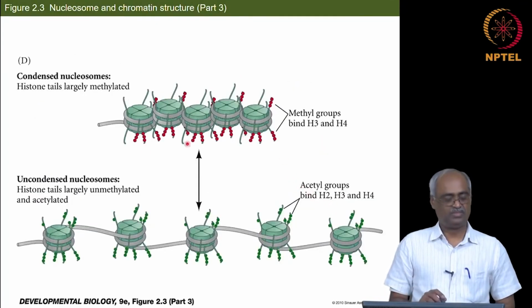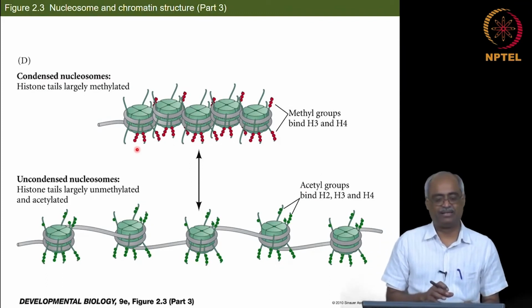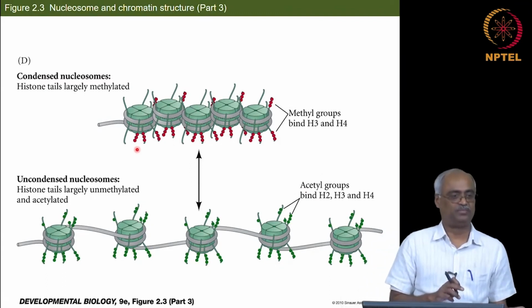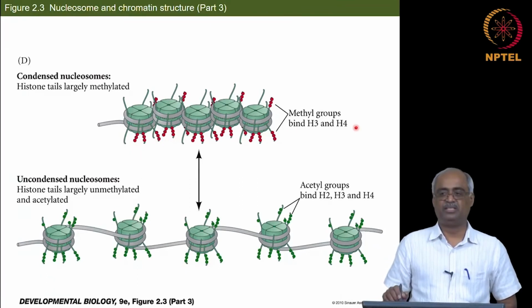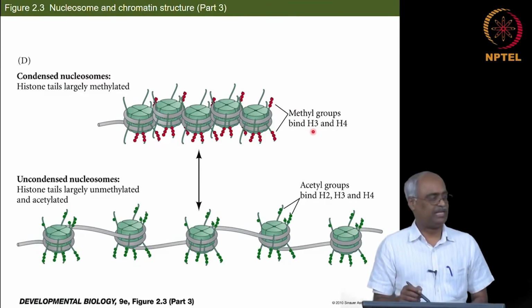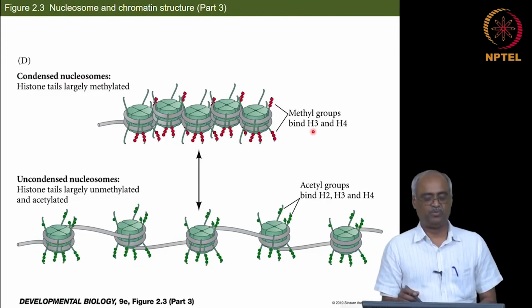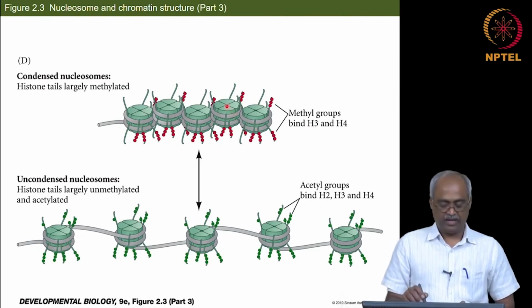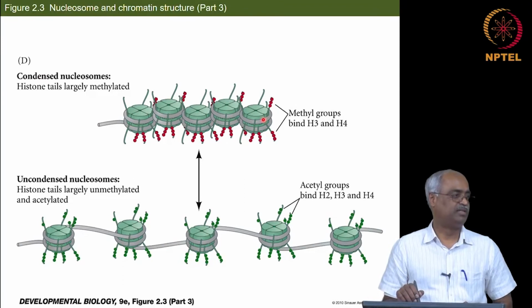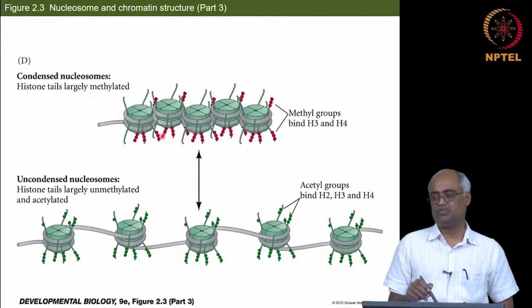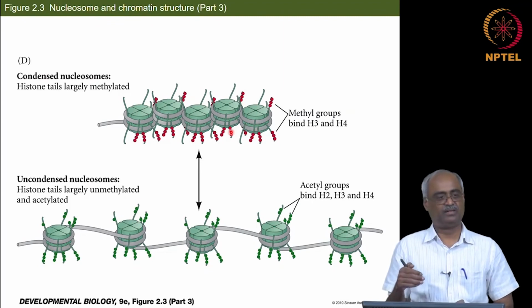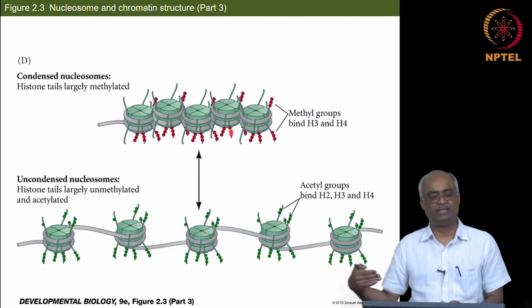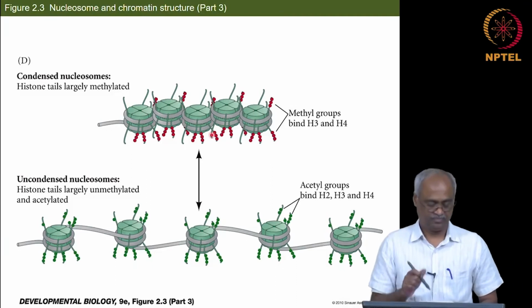It so happens some parts of the chromosome are tightly condensed and we call them heterochromatin, and there most of these tails on H3 and H4 are methylated, and the methylation normally promotes this coiling, and these are usually transcriptionally silent. The transcription factors and RNA polymerase do not have ready access to this, unless a special kind of transcription factor called pioneer transcription factors, that we will learn about later, come and open it up.